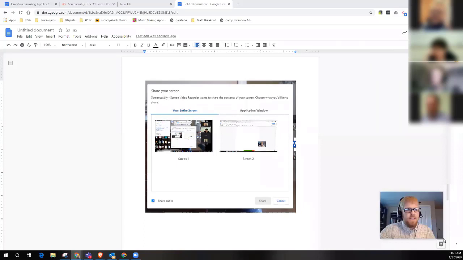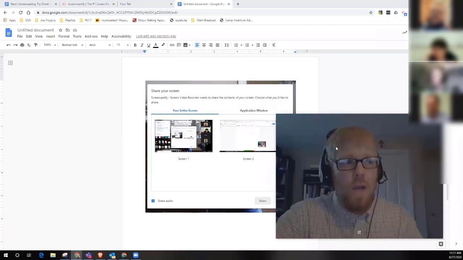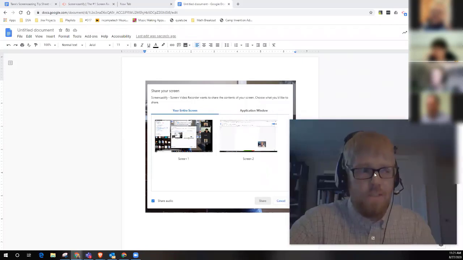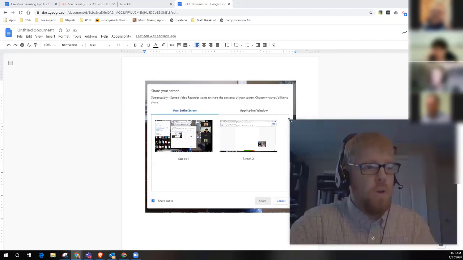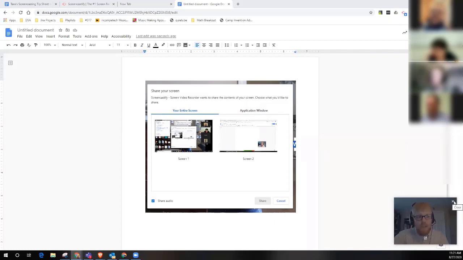So you get some options as to how that is, and you also get some options as to how large it is. So if you think because of the nature of your recording that you really want yourself taking up a good quarter of the screen, you have the freedom to do that. You also have the option to shrink it down, and you also have the option to make it go away. Now, I would caution you against that. Those of you who are a little bit more self-conscious, I would caution you against that, because it really does help your students learn when they can see you teach, okay? So I would say err on the side of showing yourself in the video if at all possible, because otherwise it's just your voice, and that's just not as effective.